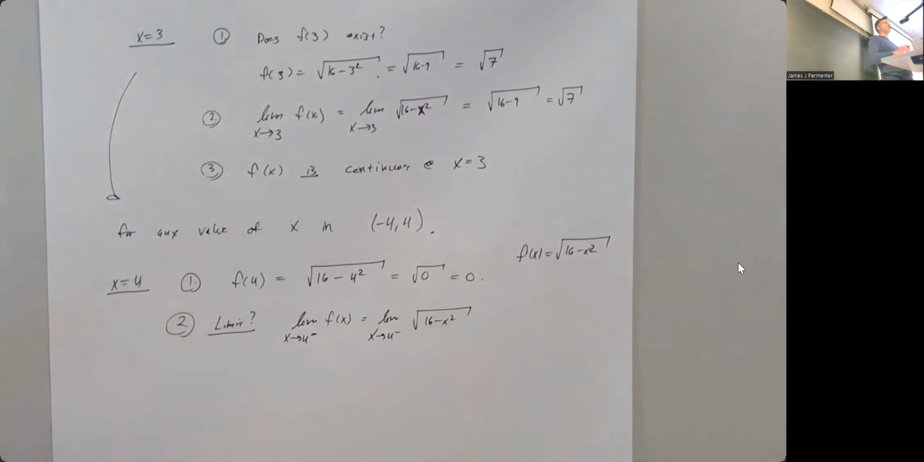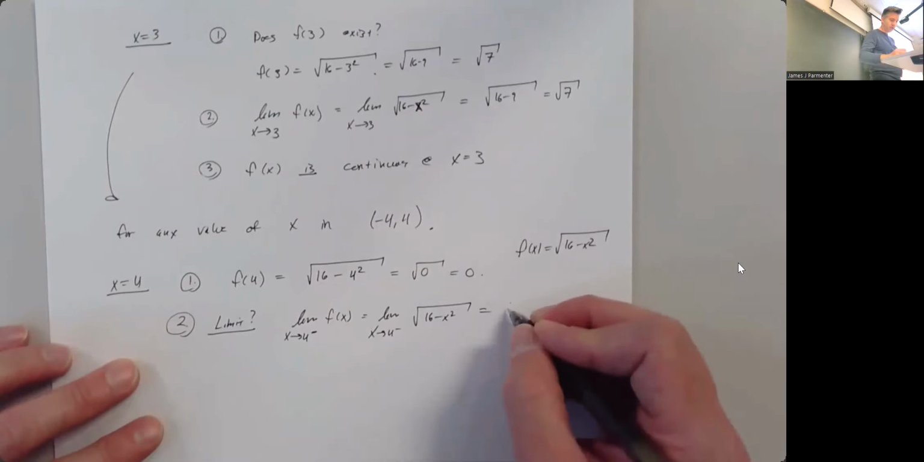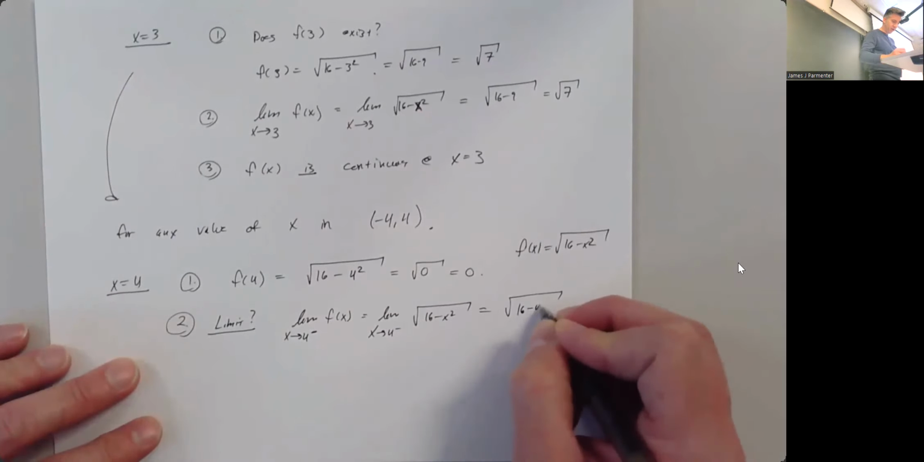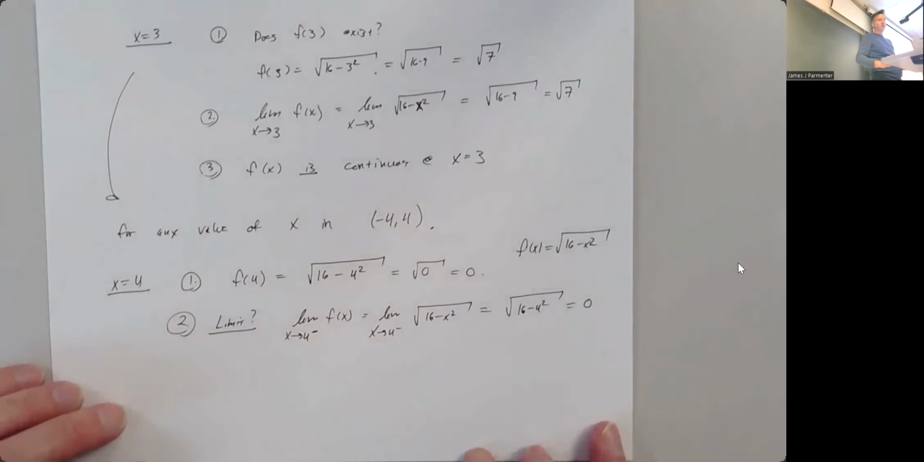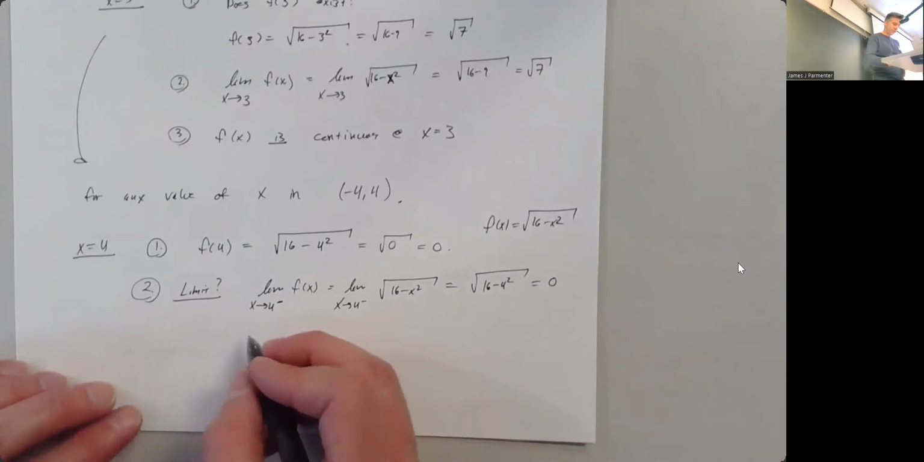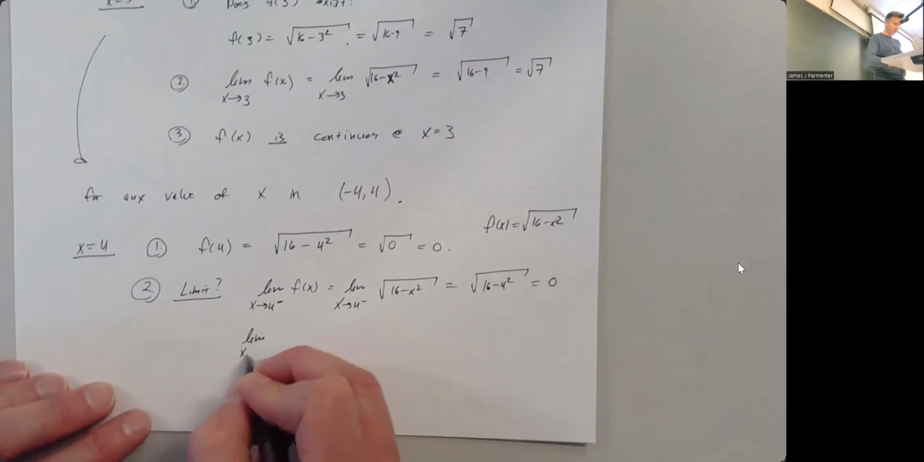And if x is a little bit smaller than 4, like 3.9, 3.9 squared is a little smaller than 16. And 16 minus a number smaller than it is a little bit positive. And we can for sure take the square root of a positive number and nothing's problematic. So we're just going to get the square root of 16 minus 4 squared, which is 0. Here's where the problem occurs. If we look at the limit from the other side,